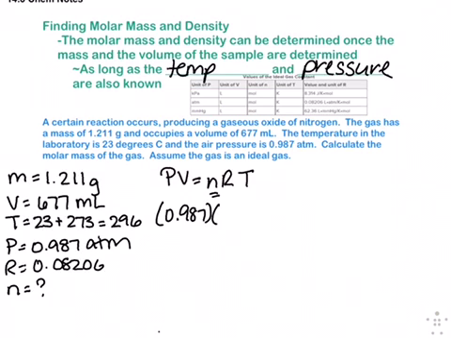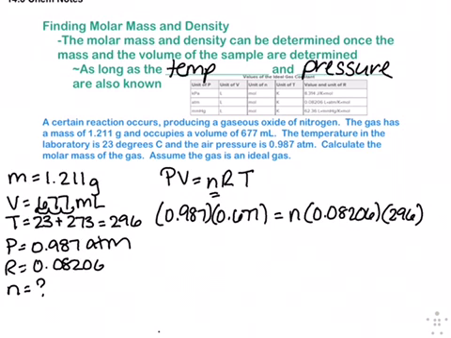How many liters is that? Is there 100 milliliters? It's 1,000. So 0.677, and R, times the temperature. And over on this side, it's 0.668199 equals N times